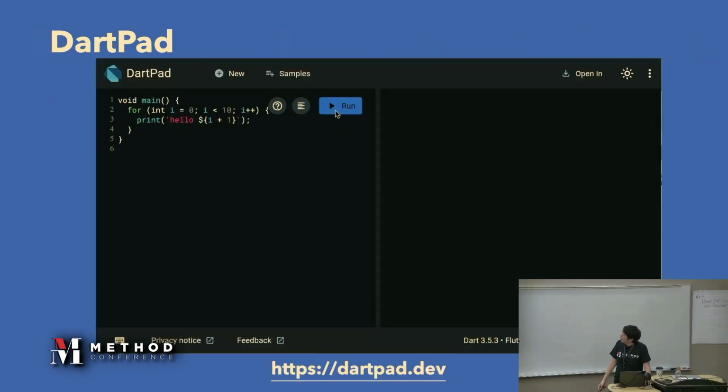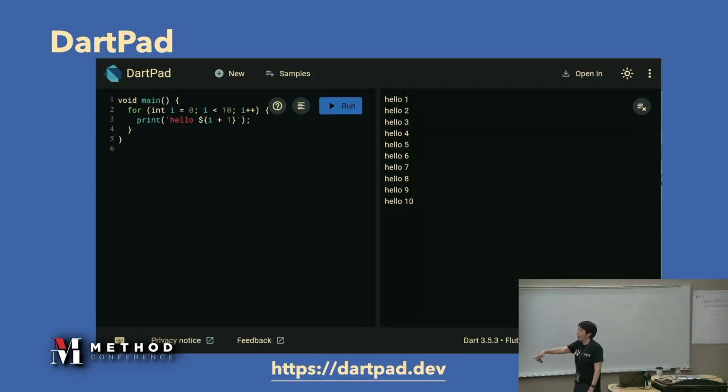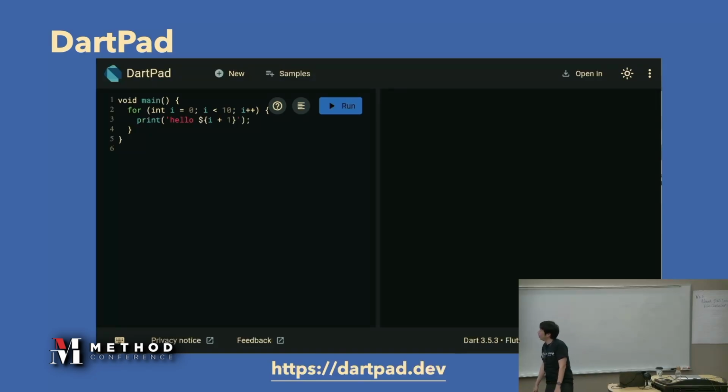That tool is like this. By accessing it from your laptop or any device, you can try this demonstration. The URL is here, dartpad.dev.